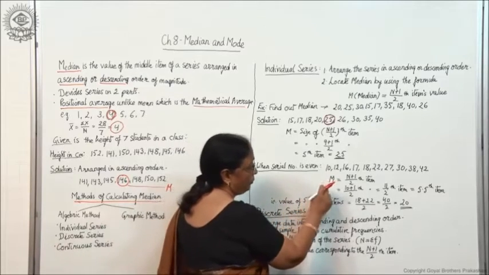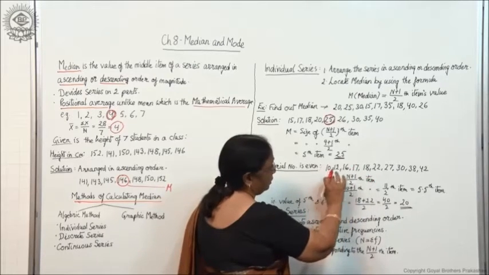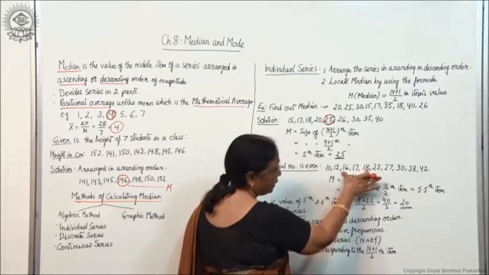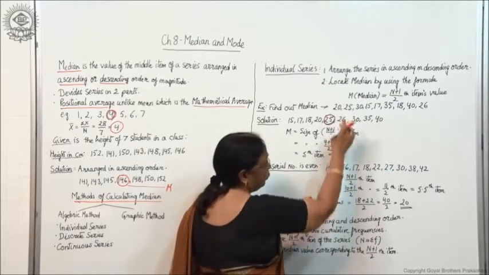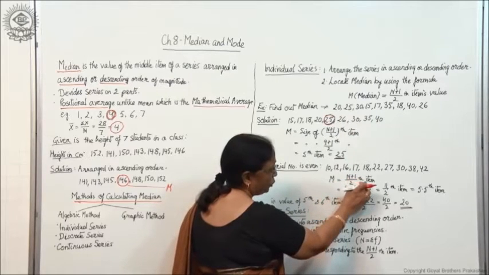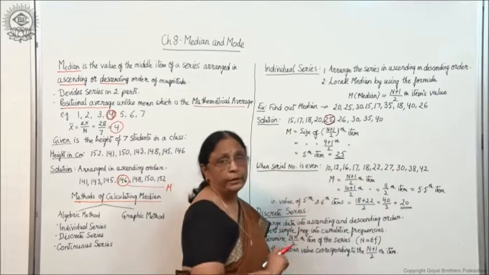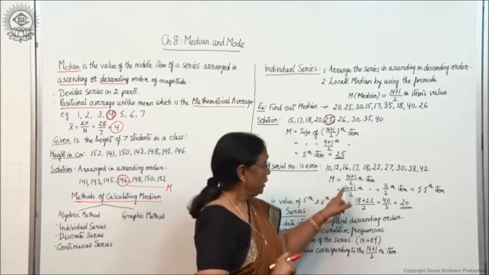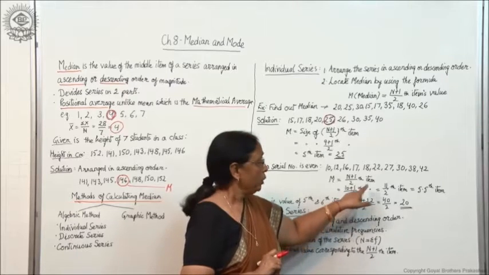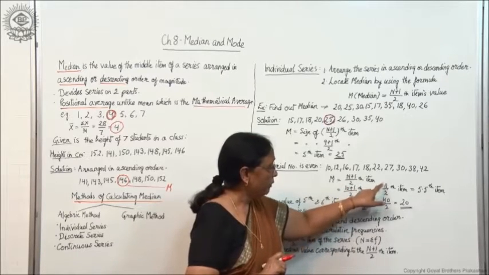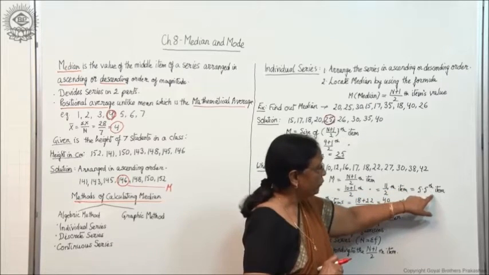So in this way, here the median is the (n + 1)/2-th item. This is the arranged data, so I have not changed the data again. It is already arranged in ascending order. Second step, apply the formula, (n + 1)/2-th item. What is n over here? n is 10, right? So it is (10 + 1)/2-th item. Now 10 plus 1 is 11, 11/2-th item means the 5.5th item.